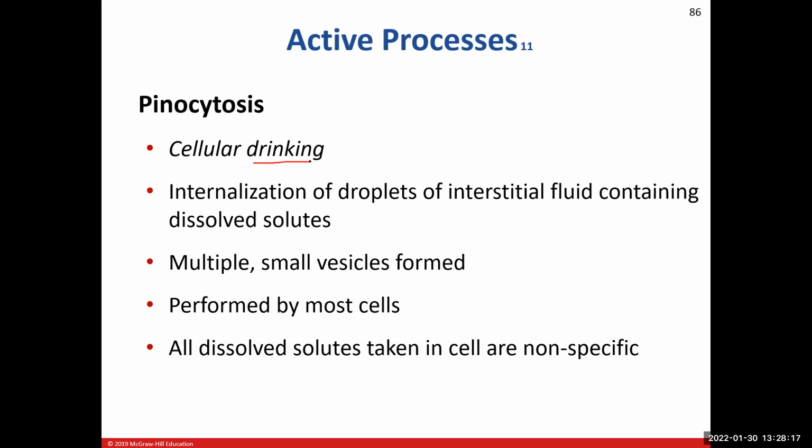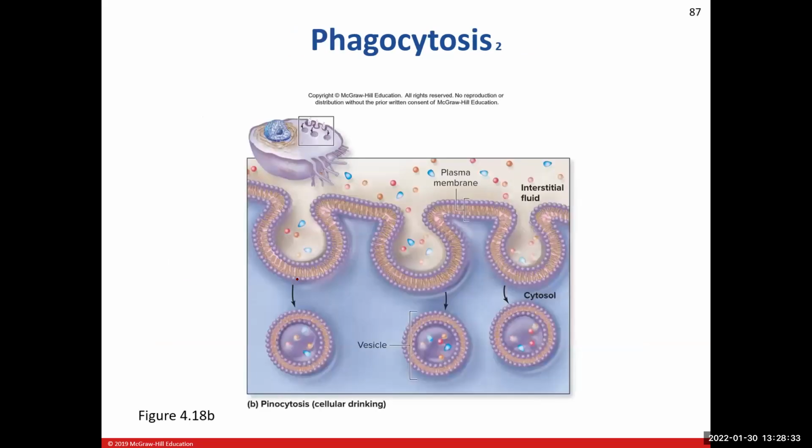Same type of thing. Okay, we have some droplets that are outside the cell, right? In this case, it won't be one big vesicle. We'll make many smaller versions of that, right? And then what will happen is, the cell will ingest whatever it is that it's going after, all right? This process is relatively non-specific, okay,